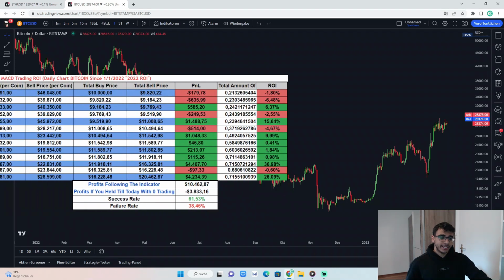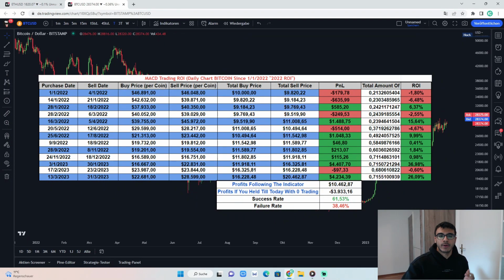The dashboard here is also similar to the first one. We have the purchase and sell dates, the buying price, as well as the number of coins and ROI. If you started with $10,000 last year on the 1st of January, you would have turned that into $20,000, as your profits would have been about $10,462. However, if you held till today without trading, starting on the 1st of January, you would have lost 40%